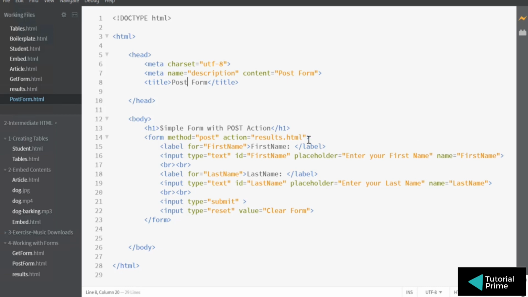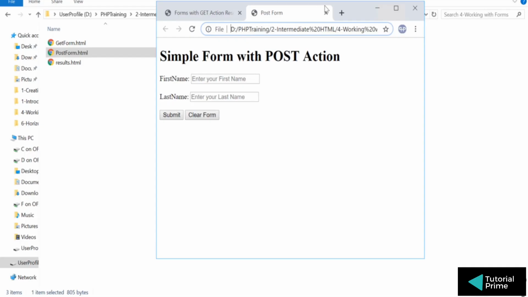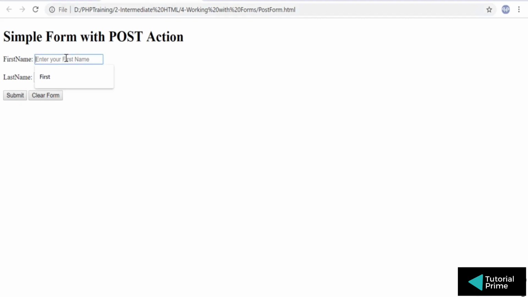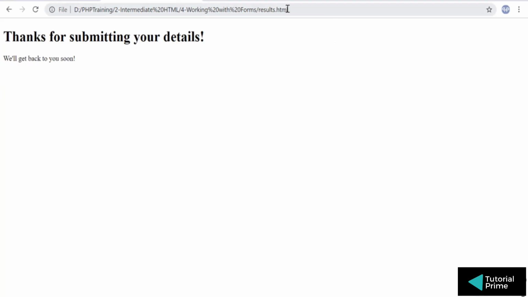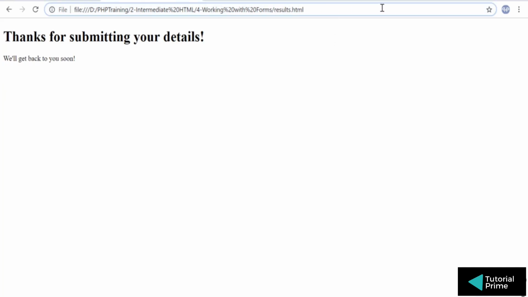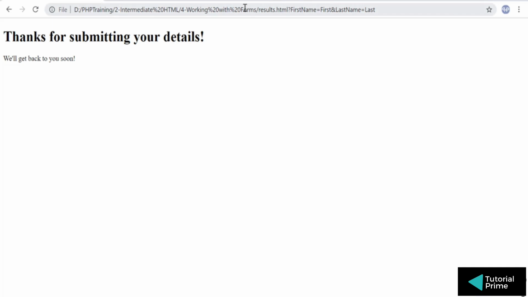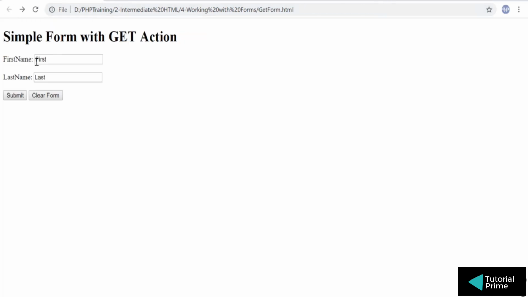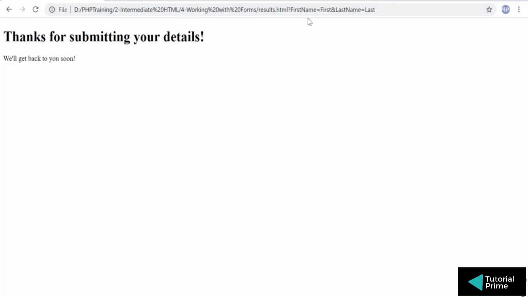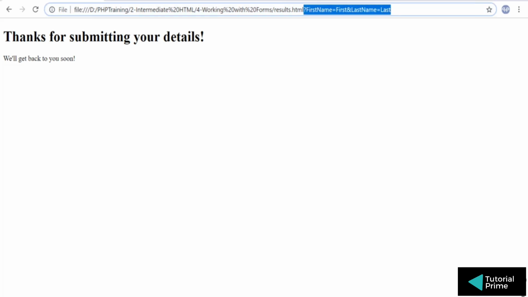Okay, the rest all remains the same. I'm just changing the method so that when the data is posted, it is not posted in the URL. So if I say first and say last and I say submit, you will see it's not attached in the URL. So that's how basically get and post works. For the get, when you enter the data and submit, it basically goes into the URL. For the post,